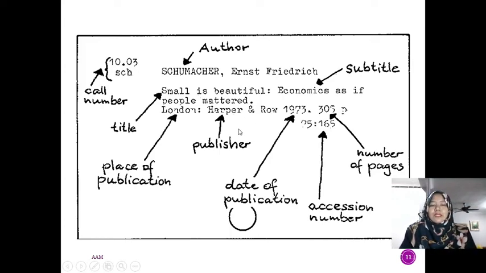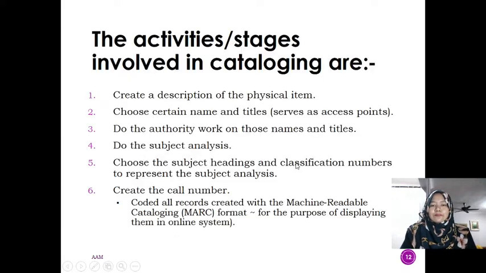All right, and then this is the subtitle. Okay, you must have this kind of punctuation. All right, because this is stated in the rules. Okay. So the activities or stages involved in cataloging are: create a description of a physical item, okay, and then choose certain names and titles. Okay, this serves as a benchmark, meaning that we are going to use this to find the materials. Do the authoritative work on those names and titles, including the surnames, okay,